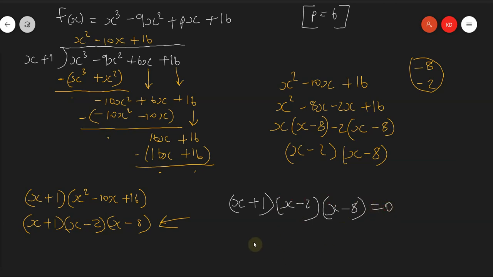Then if a product of some numbers is equal to 0, then obviously one of those numbers has to be equal to 0. So therefore x plus 1 could be equal to 0, or x minus 2